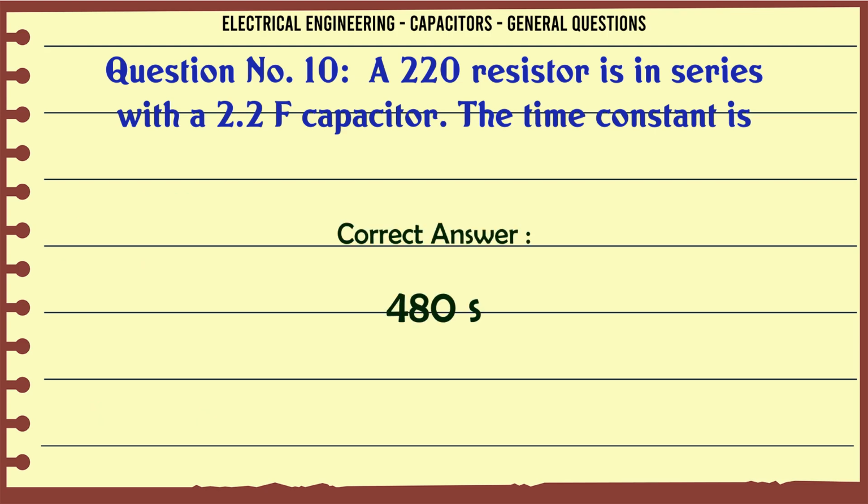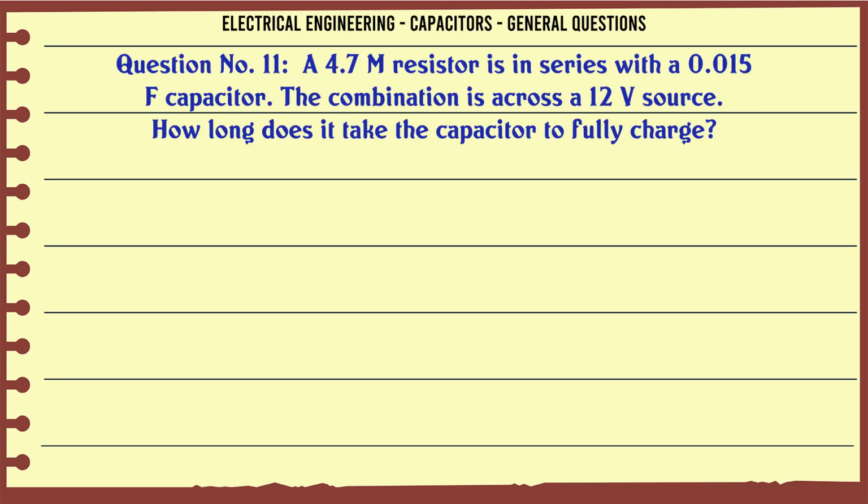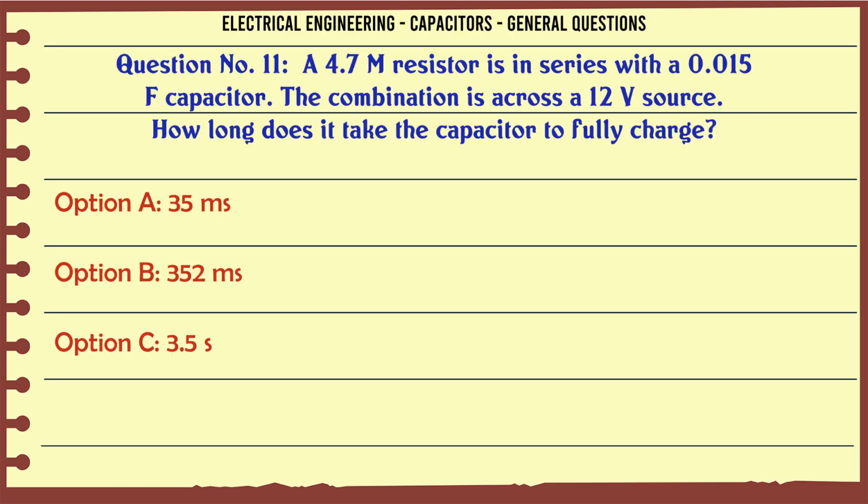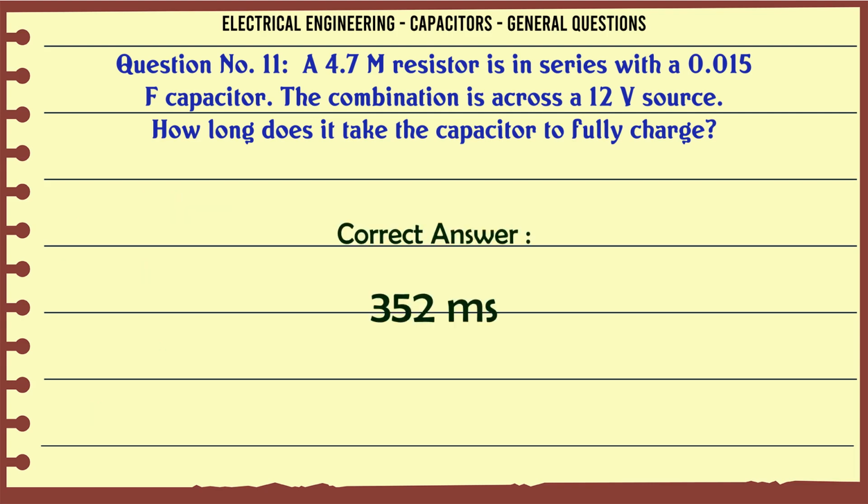480 µs. A 4.7 MΩ resistor is in series with a 0.015 µF capacitor. The combination is across a 12 V source. How long does it take the capacitor to fully charge? A 35 ms, B 352 ms, C 3.5 s, D 70.5 ms. The correct answer is